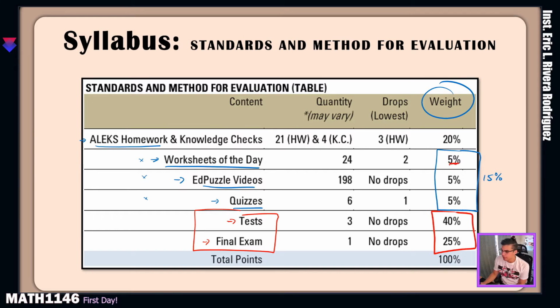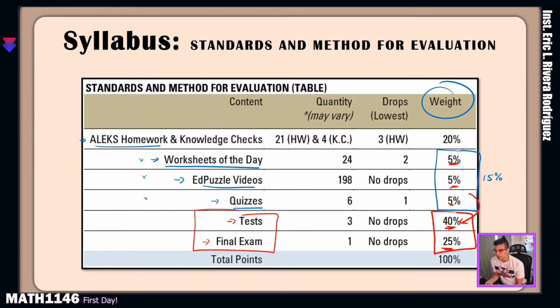And the purpose of these is not giving you 5% each, even though this is too low for the amount of work that you are going to do. This percentage is low to the amount of work that you are going to do because the purpose of these categories is not to give you the majority of your overall grade points. It's to prepare you for what is most important here, which are the tests and the final exam.